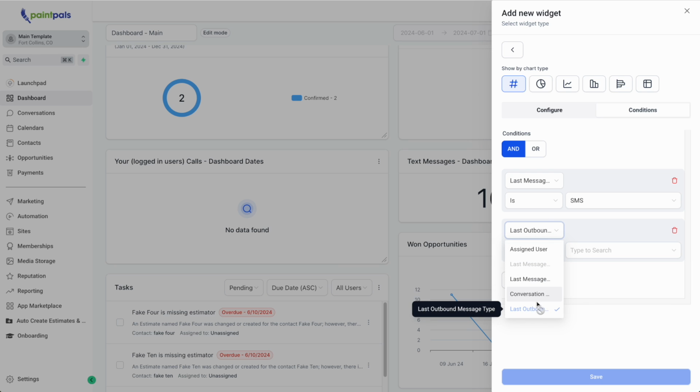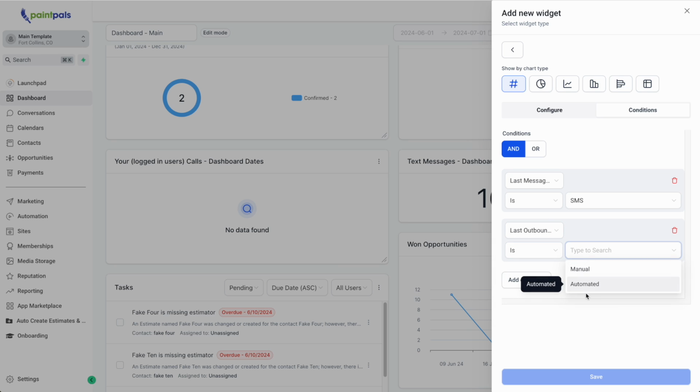And we could even say last outbound. And this is kind of important because if you have automations, it'll count the text message even if they automatically went out and the user didn't do it. But if you do manual, it's only going to show the ones that they manually did. All right, and then